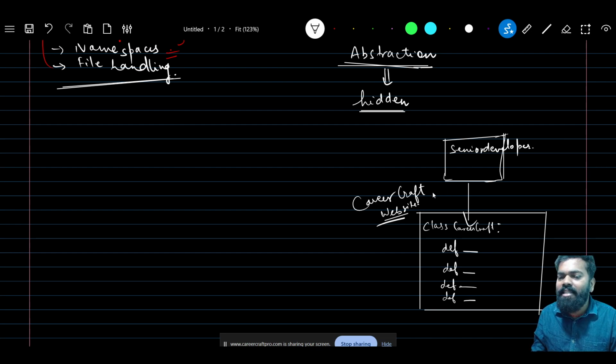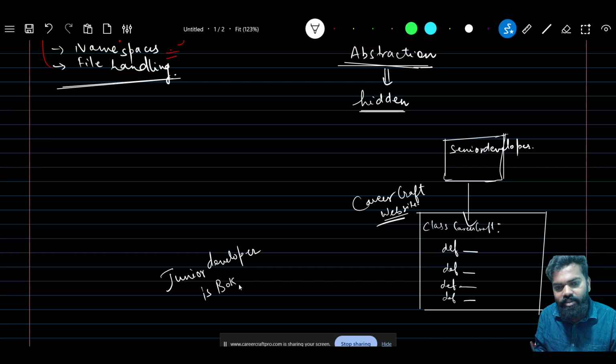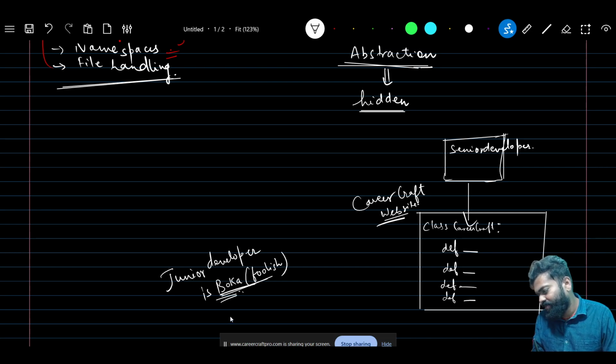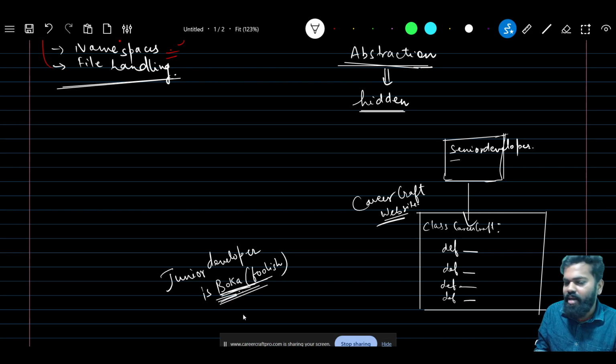Now he understands that my junior developer is Boca. Boca simply means foolish. So let's say he understands that the junior developer is foolish. But